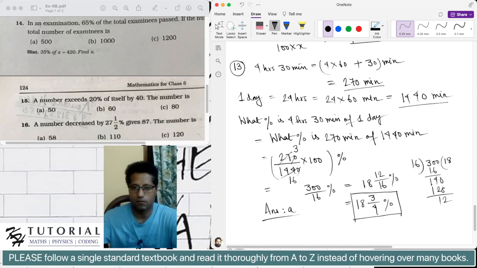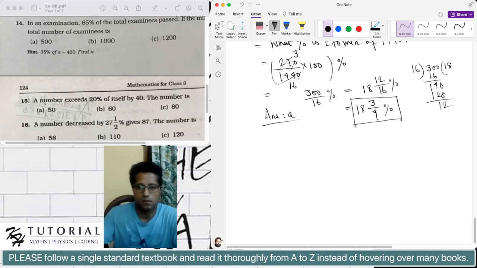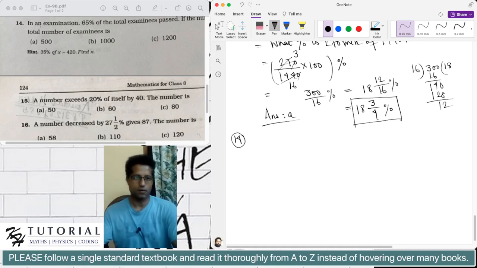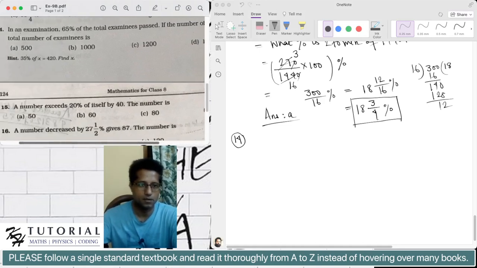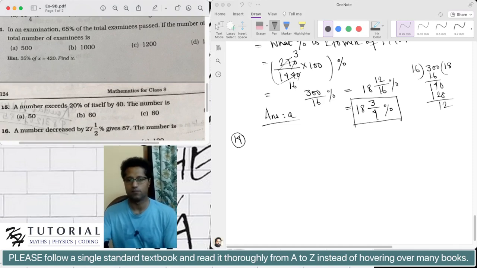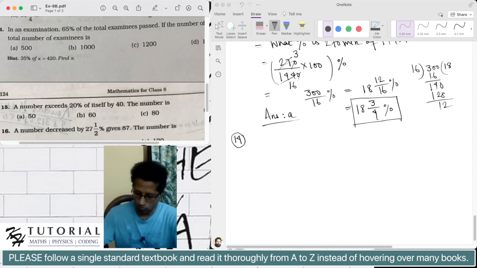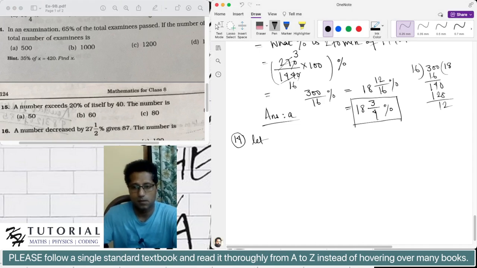Let's do problem number 14. In an examination, 65% of the total examinees passed. If the number of failures is 420, the total number of examinees is? Okay. So whatever the unknown quantity is, the standard method is to consider that unknown quantity to be the unknown variable. So let the total number of examinees